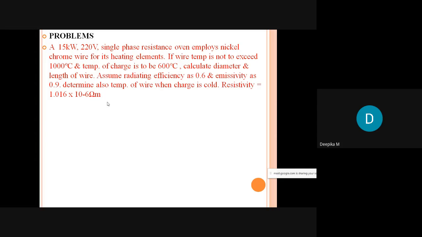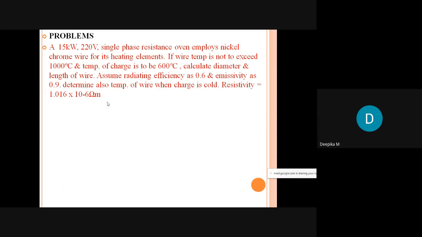And the temperature of the charge, that is, in the resistance oven we keep something to get heated, that element we call the charge,